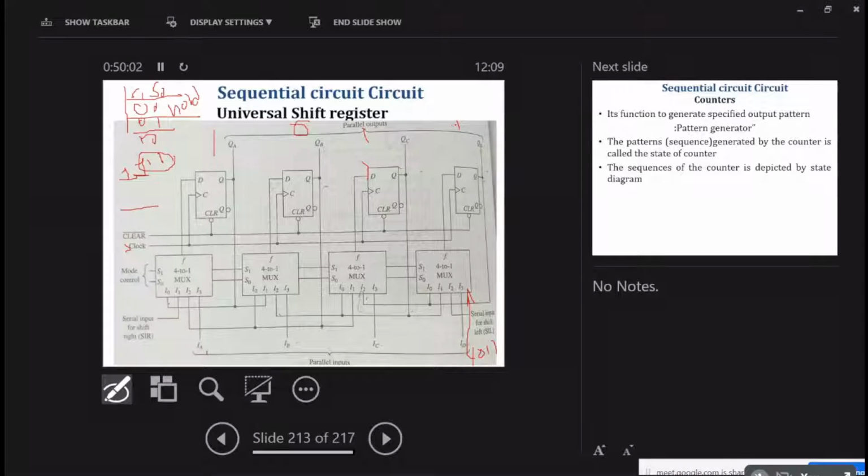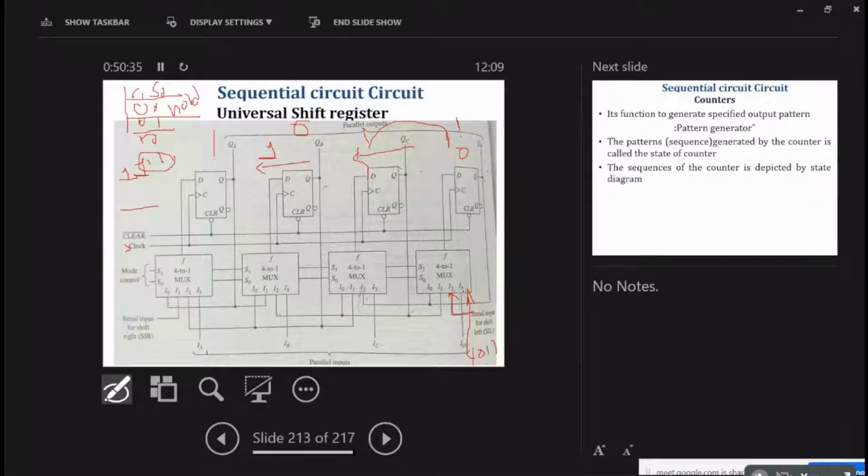The first data will go here, this data will get shifted here, and like this. So first, we will get 1 here, that one will get shifted here, and at that moment we'll get 0. In the next clock pulse, the 1 0 position is here, so those 1 0 will be shifted here, so this will be 1 0 and next will be 1. Because the serial input is provided at I1 and I2.